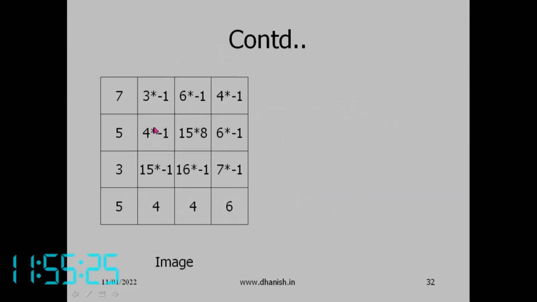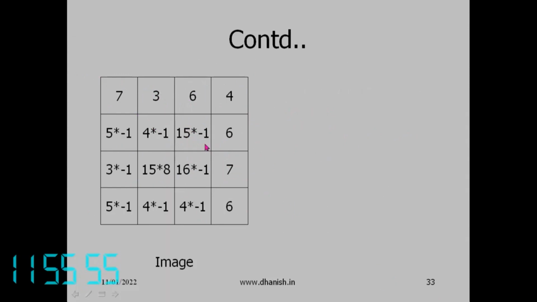You repeat this: first we place the matrix in this position, next we place it here, and then here, and so on, one by one. If you place this, it is 59: minus 1, minus 1, minus 1, minus 1, 8, minus 1, minus 1, minus 1, minus 1. Here the center was originally 15, so 15 gets enhanced and becomes 59.